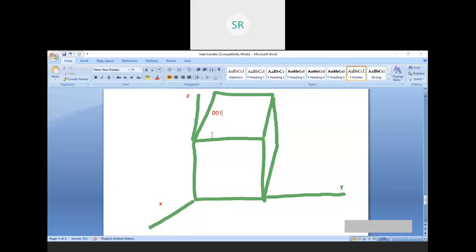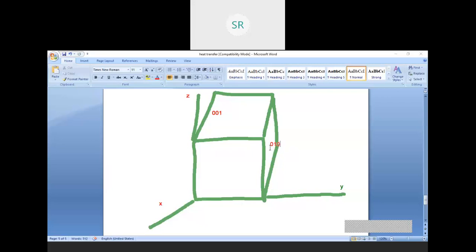Similarly, if I take the right face, so that means this face, this is y now, x is 0, y is 1, similarly z is 0. So this face will be 0, 1, 0.